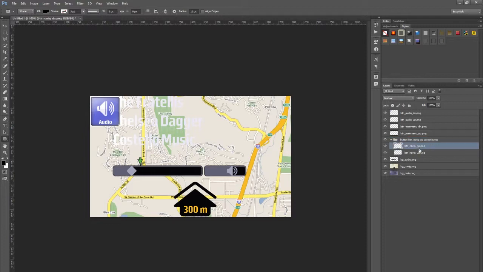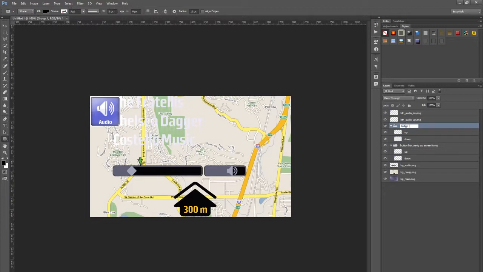All right. I don't need all this information in the layer name, but I do need the up state above the down state. So I'm going to ensure that the up state is above the down state, and I'm just going to rename them much more simply so they'll be up and down. I'm going to do this for every single button. So main menu, group the two, make sure up is above down, up, down,